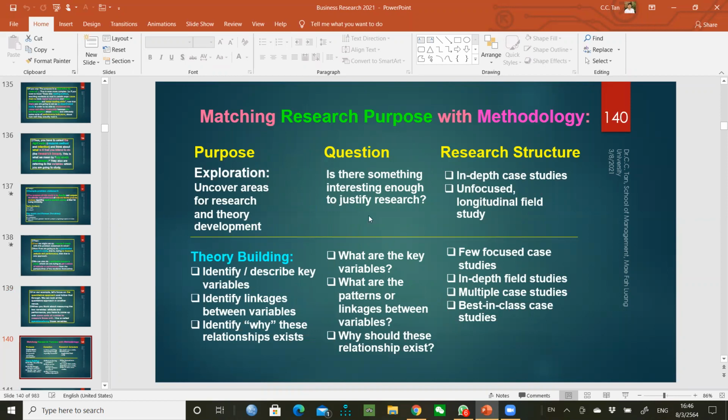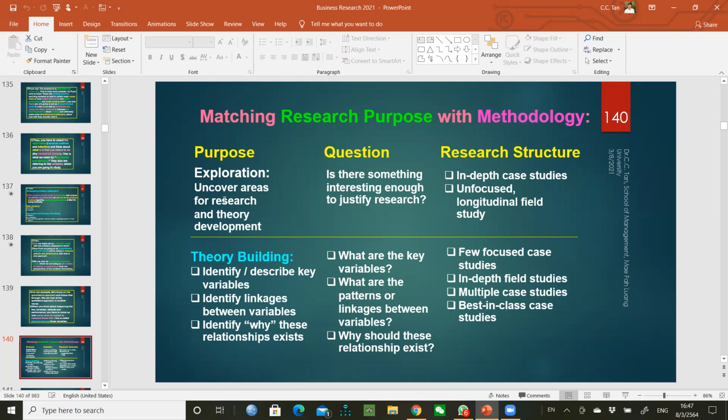And just to conclude, the purpose and the research methods are parallel to each other, okay. So for example, exploration,